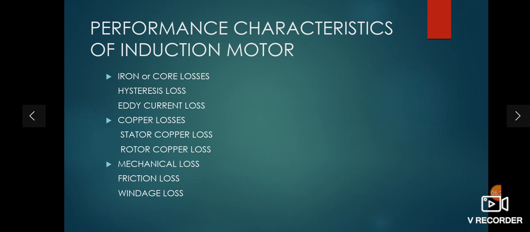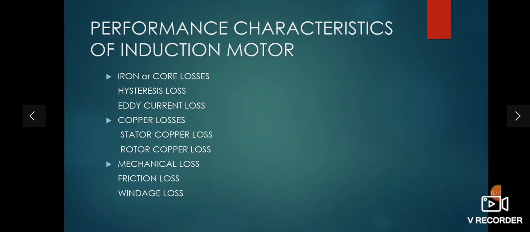So in copper losses, let's see how to reduce the losses. Copper losses are the I square R losses. They are directly proportional to the load current and also the resistance. So how to reduce the resistance? As we know, R is equal to rho L by A. So R is inversely proportional to the cross-section area of the conductor. If you increase the cross-section area of the conductor, R decreases. So by employing a larger diameter conductor, you can reduce the copper losses.